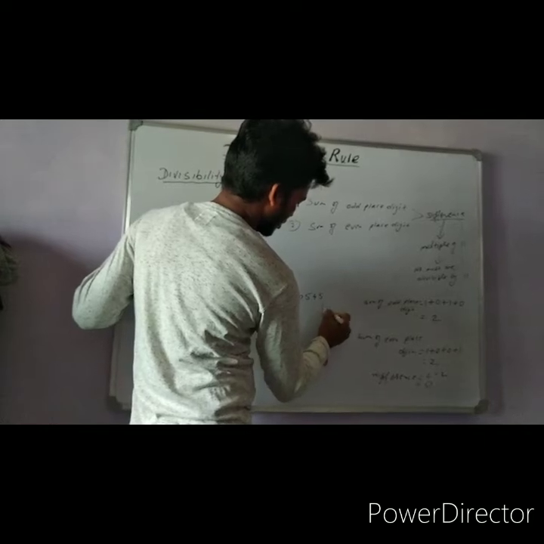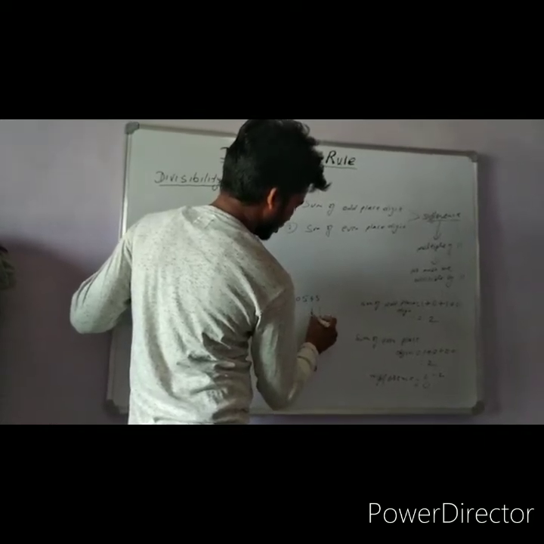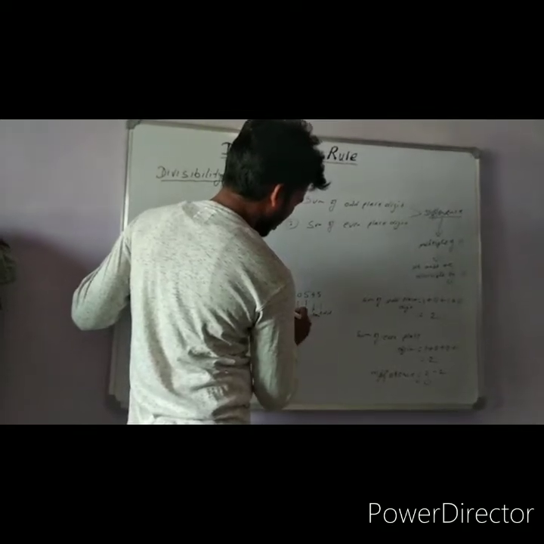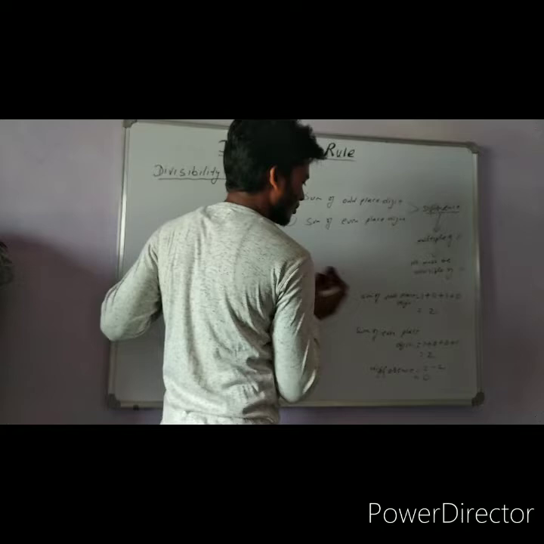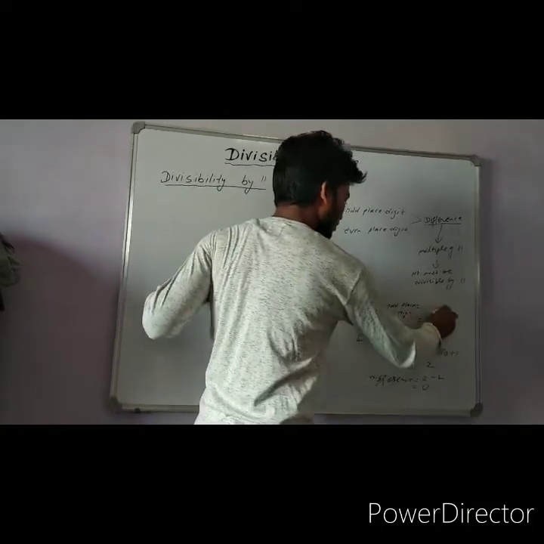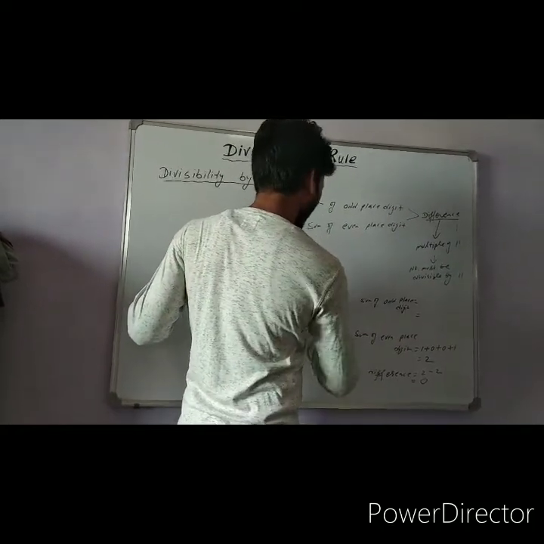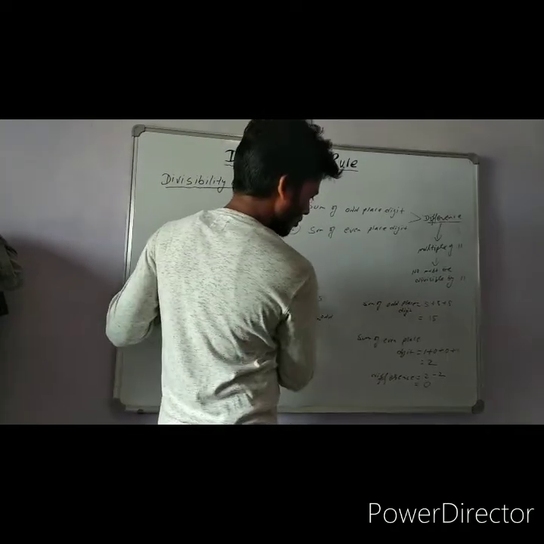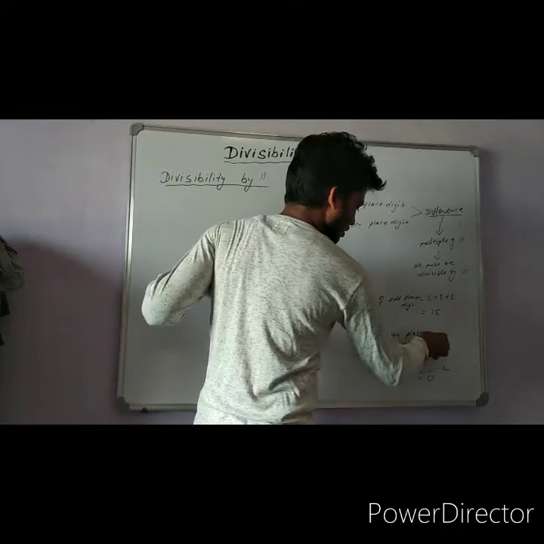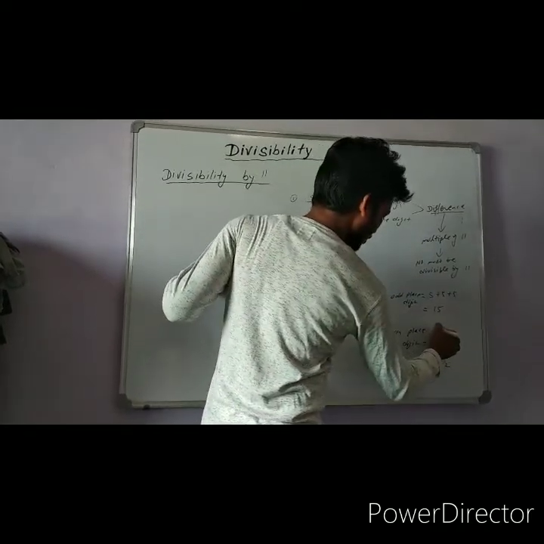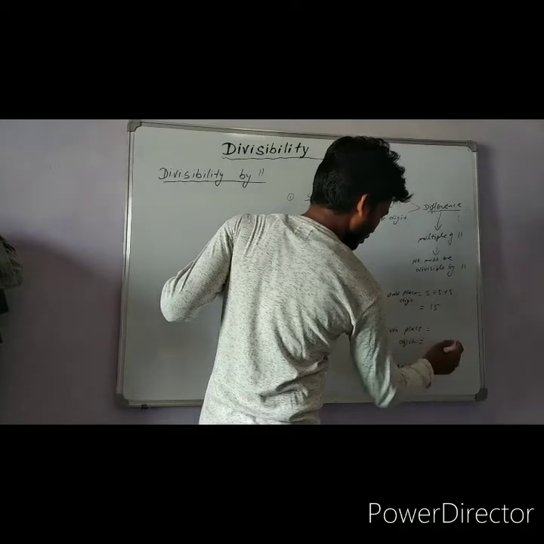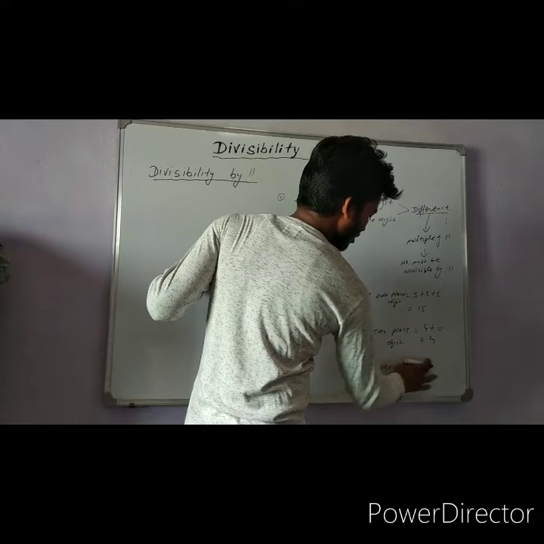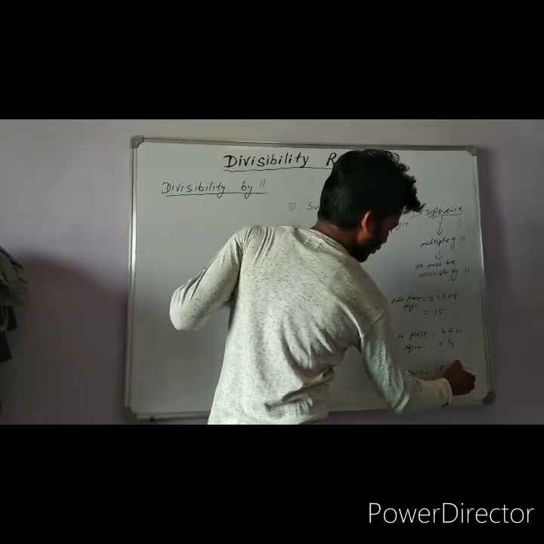This is an odd place digit, this is an even place digit, this is odd, this is even, and this is an odd place digit. Find the sum of the odd place digits: 5, 5, 5, which is 5 plus 5 plus 5, this is 15. Then the sum of the even place digits: 4 plus 0, which is 4. Find the difference: 15 minus 4 and